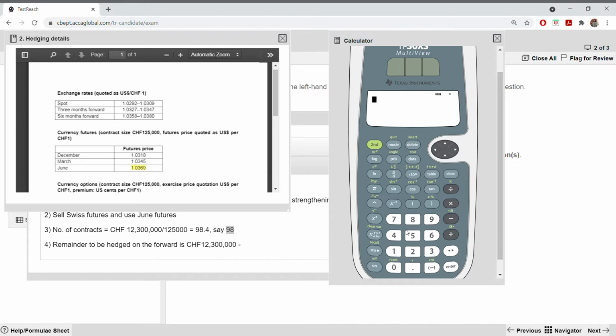So you press this clear. Next you write 98 multiplied by 125,000. Whenever you enter a 0, count how many times you are pressing that 0. This will help you so that you will not make a mistake. Sometimes what happens, you might put one less 0 or one more 0. So count the number of zeros. That's what I do. You can never get wrong in your zeros and your final answer. Always count the number of zeros at the end. How many zeros you have to put. So now you see the number. What is it?